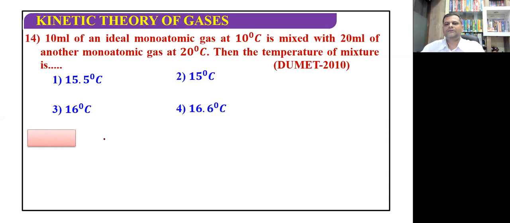Let us see the next one. 10 ml of ideal monatomic gas at 10 degrees Celsius is mixed with 20 ml of another monoatomic gas at 20 degrees Celsius. Then the temperature of mixture is,